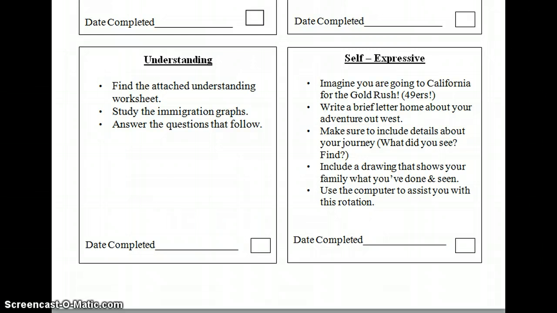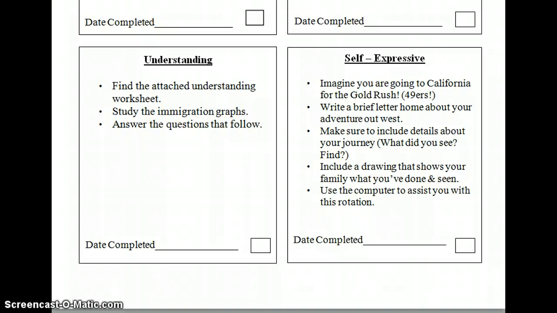Remember, the first day of the task rotation, you choose any two that you want to start with. Those two are going to be completed that day for a grade. Then the second day we work on the task rotation, you do the next two for a grade. All four will be graded at the end of the second day. Now remember, you only have the second half of class to work on these two rotations. So I suggest you sit down, get busy working, and make sure you don't fool around or do other work that's going to affect your grade.